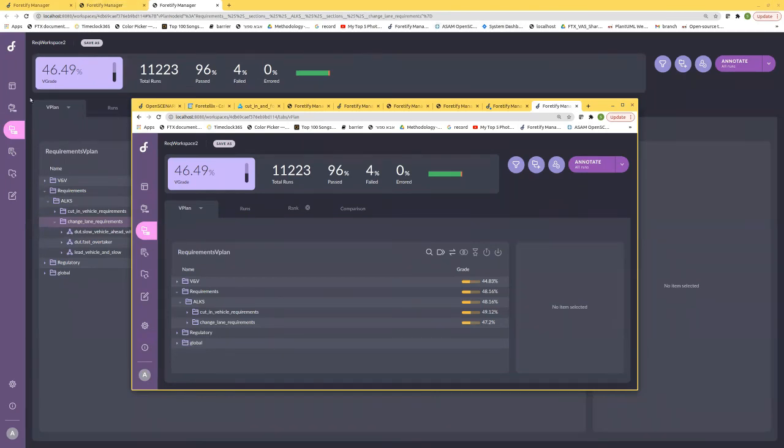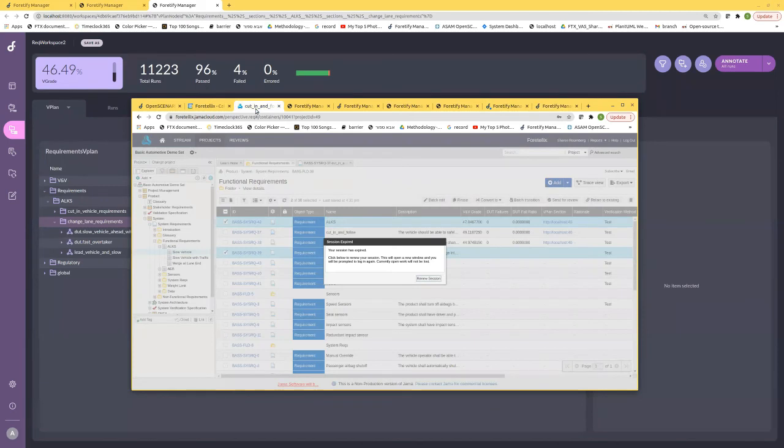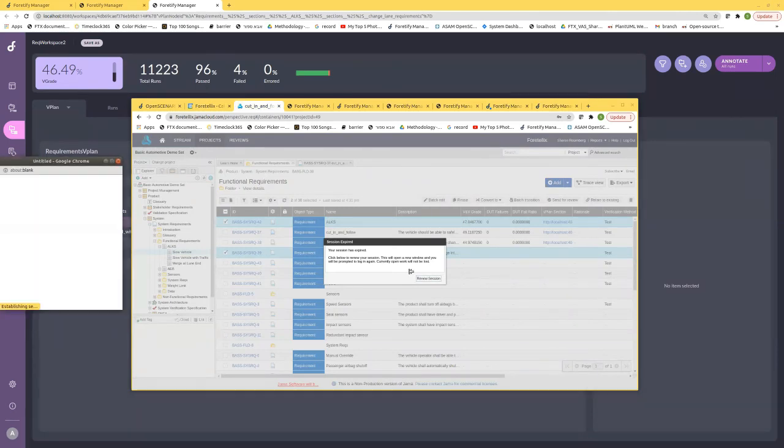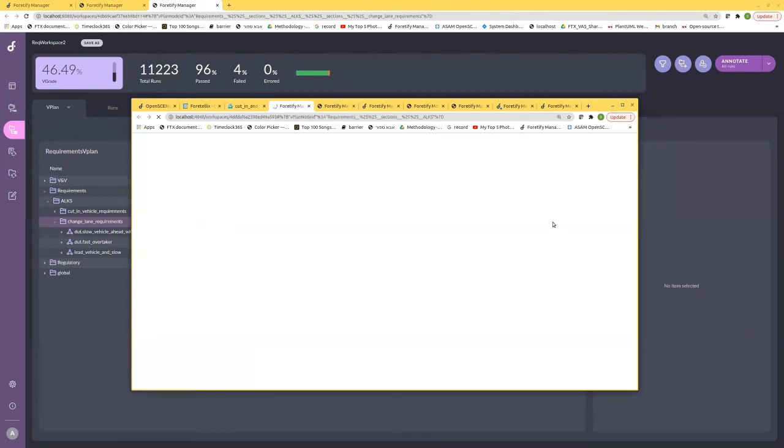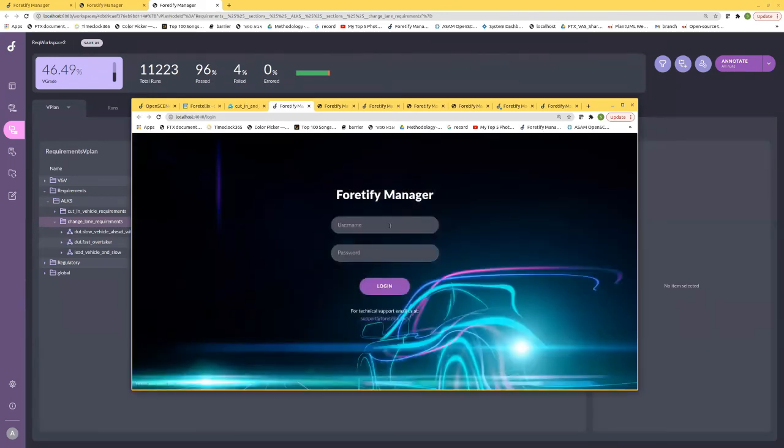Let me check and see where I placed it. Here, this is JAMA. Yeah, I'm going to renew the session just to get that. So the same functionality, the same full traceability and transparency, this is just JAMA, and I can always click those VPlan sections and jump into these things,